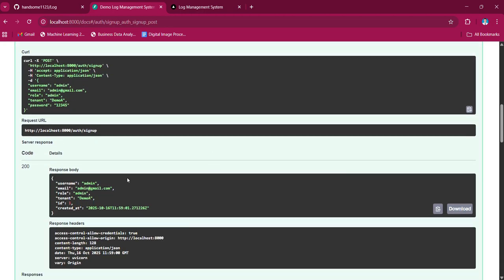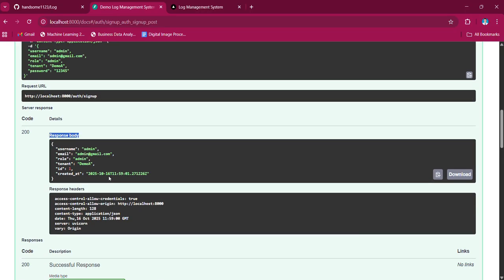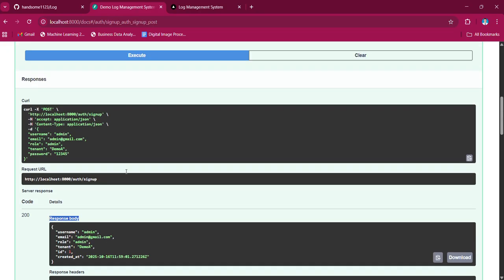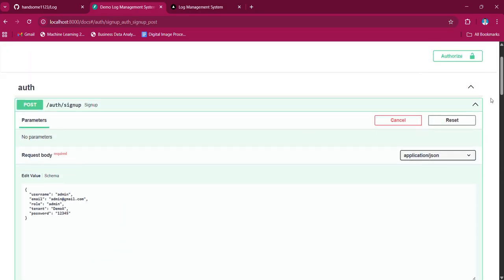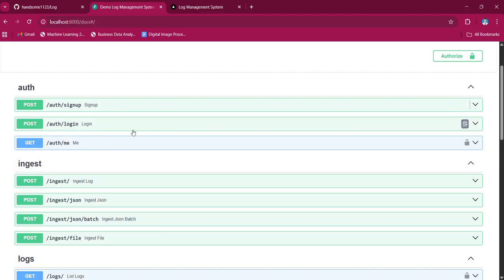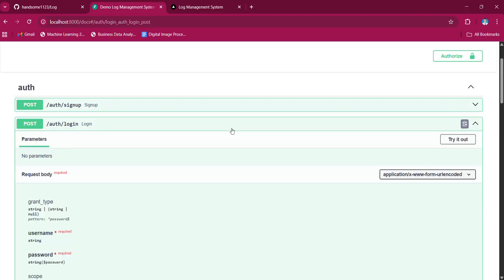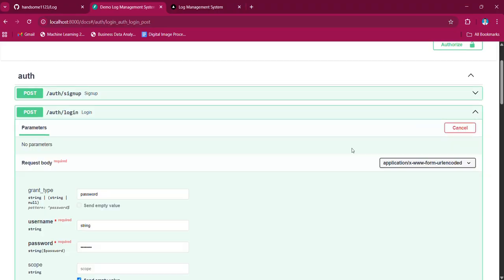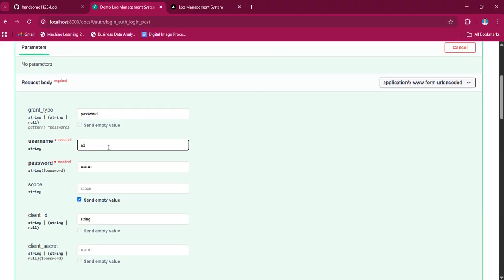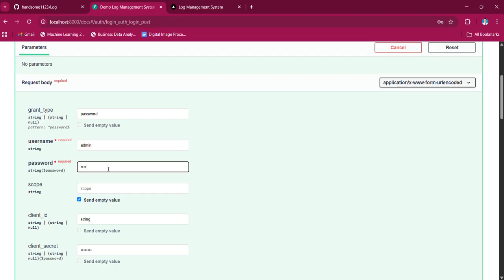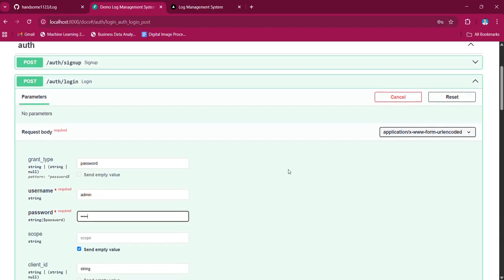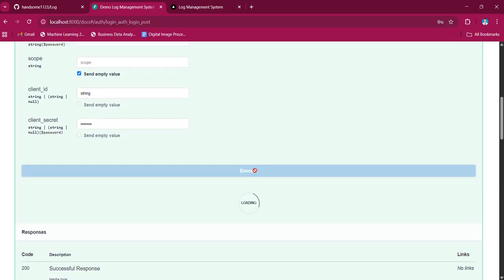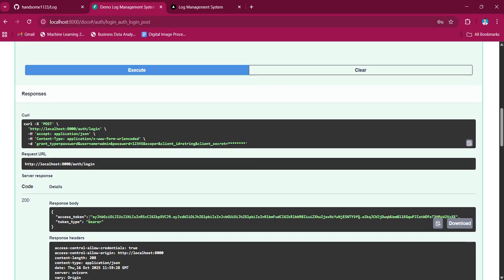And then after that, you will see the response body. And right now I can see it registered me successfully. And then I'm going to check the login part. So right now I'm going to try it out. I'm putting my username as admin, and for the password, 12345. I'm going to execute, and then I will see here is my token, my JSON token that I